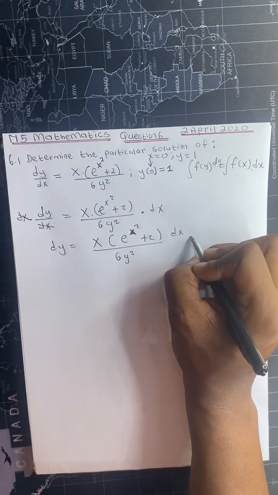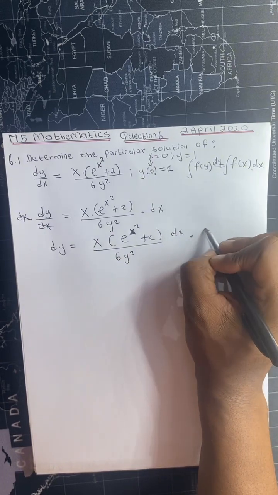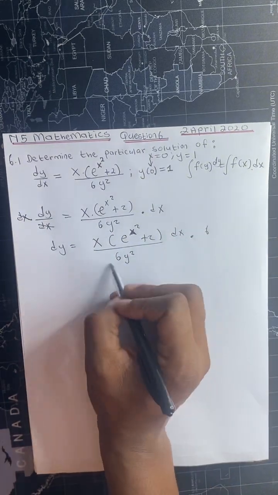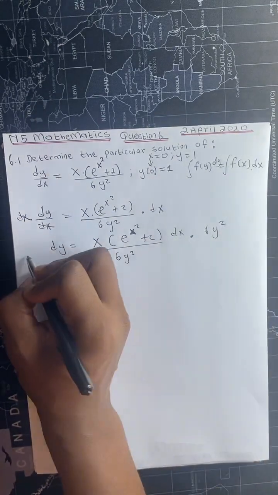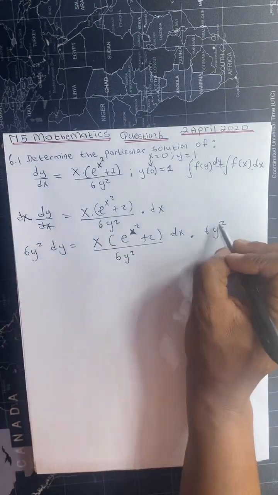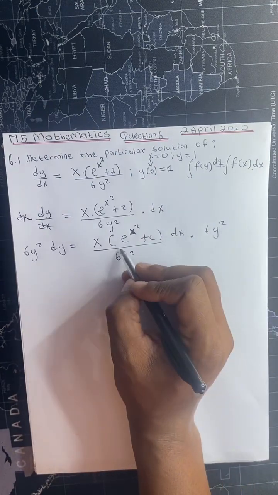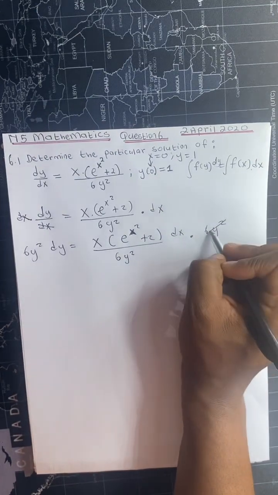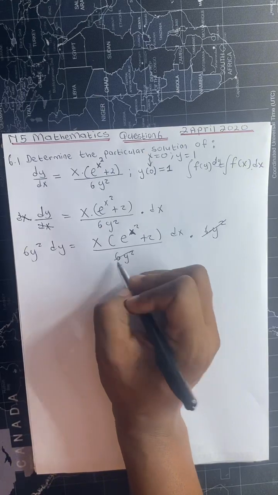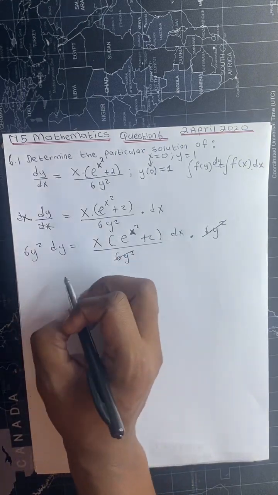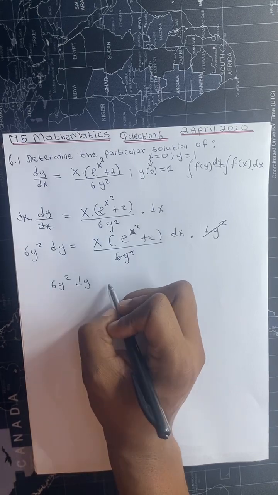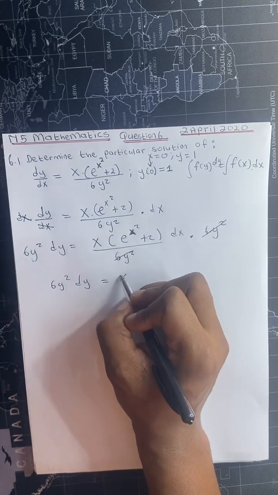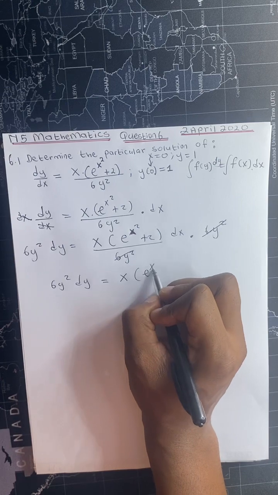From here we multiply both sides of this equation by 6y squared so that we can have the function of y grouped with dy. You can also multiply by y squared and leave the 6; the choice is up to you. So this 6y squared will cancel out with that 6y squared, and on the left hand side we will have 6y squared dy, and on the right hand side we will have x into e to the power x squared